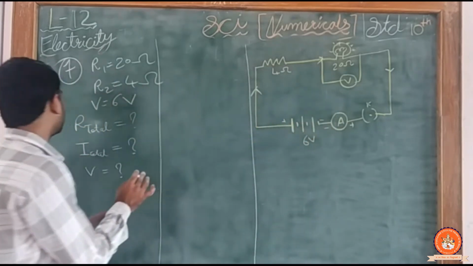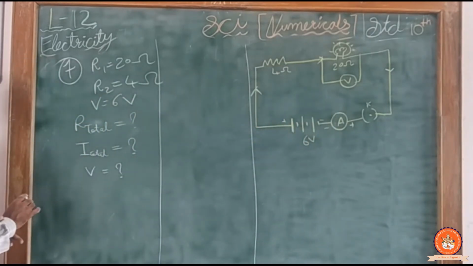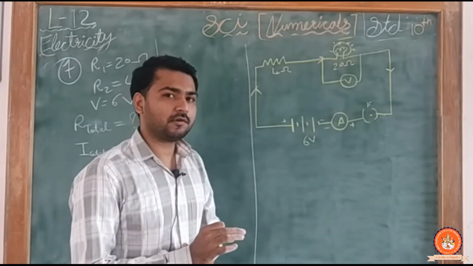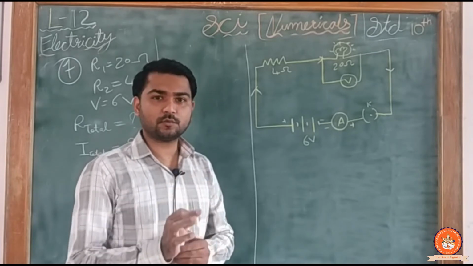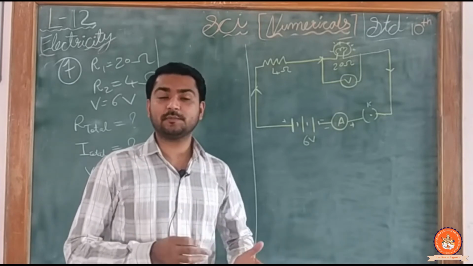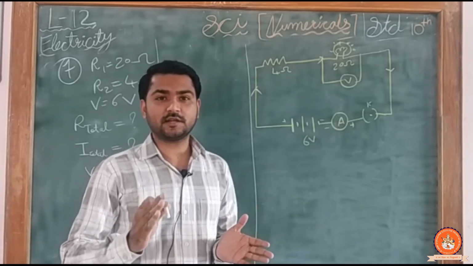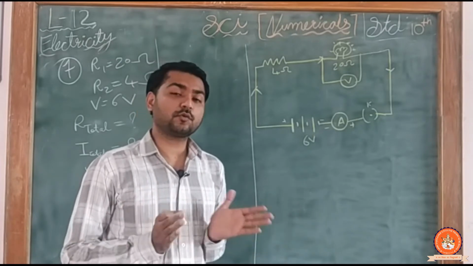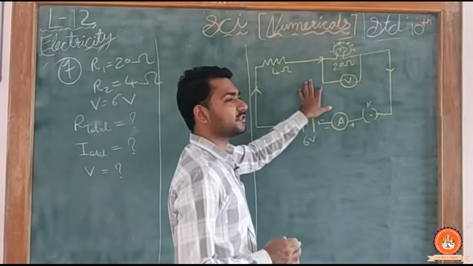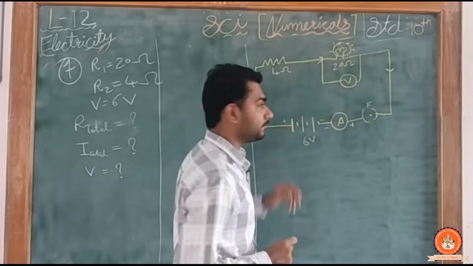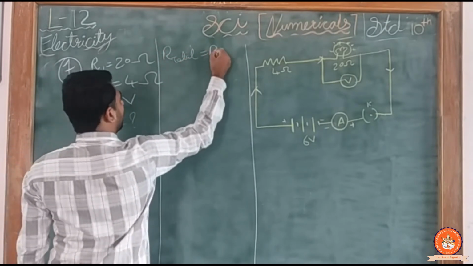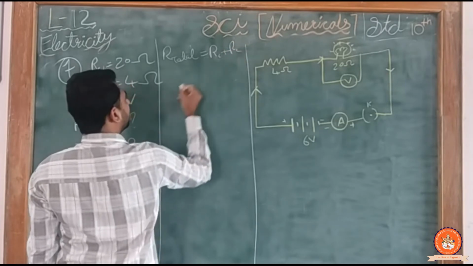चालू हुआ क्वेश्चन. सो फर्स्ट ऑफ ऑल वी विल फाइंड द टोटल रेजिस्टेंस. सो टोटल रेजिस्टेंस मींस व्हिच फॉर्मूला वी विल अप्लाई. 1/R is equal to 1/R1 plus 1/R2 plus 1/R3 or R is equal to R1 plus R2 plus R3. Yes, we will apply R is equal to R1 plus R2 plus R3. This formula is for series connection of resistance. So here the resistances are connected in series. Series means they are connected in a single cable. So total resistance is equal to R1 plus R2.